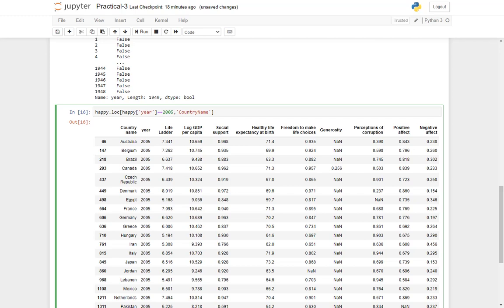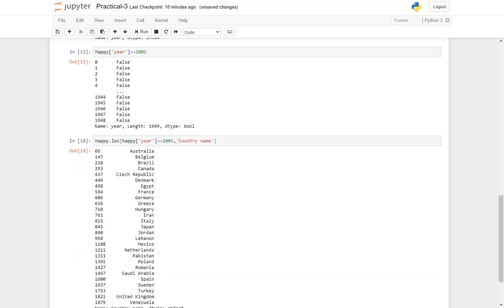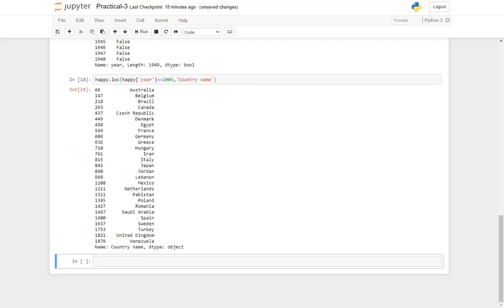I just want to look at the, wait, sorry, there is a space, name. Yeah, so these are all the 27 countries whose data was recorded for the year 2005.